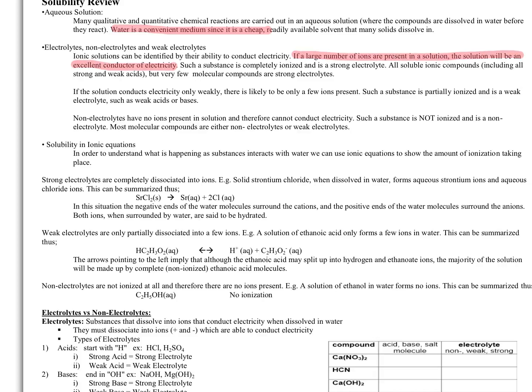Such a substance is completely ionized and is a strong electrolyte. Something that is completely ionized is a strong electrolyte. All soluble ionic compounds, all strong and weak acids, and very, very few molecular compounds are electrolytes. Notice how it says all soluble ionic compounds, meaning the ones that have, right,